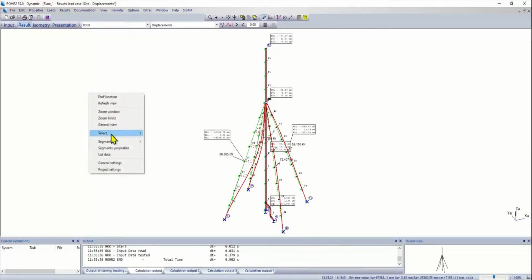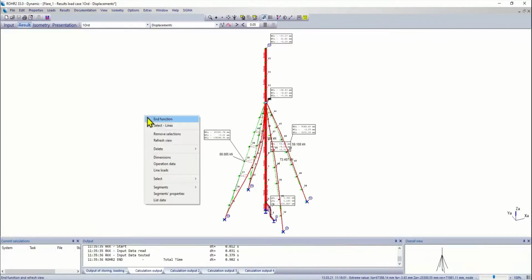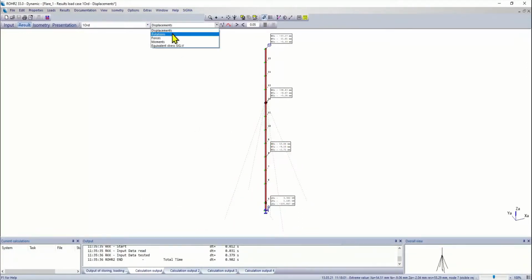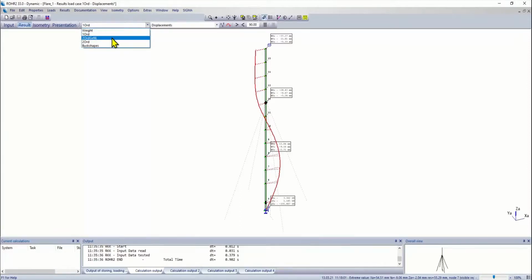So if I want to show this a little bit more in detail, I can maybe just zoom in on this part and show only this selected segments, switch on displacement, and now we can see the deflection here of the main piping system itself due to the wind load. If I go to the second order theory, and I go directly to second order non-linear theory here, you can see that now the deflection increases.